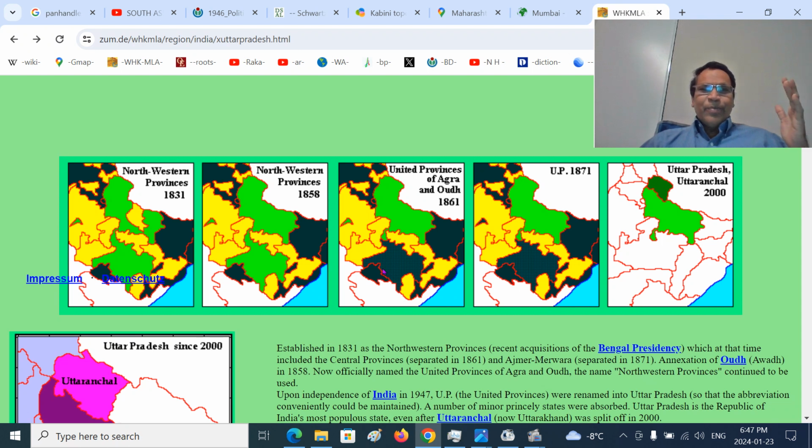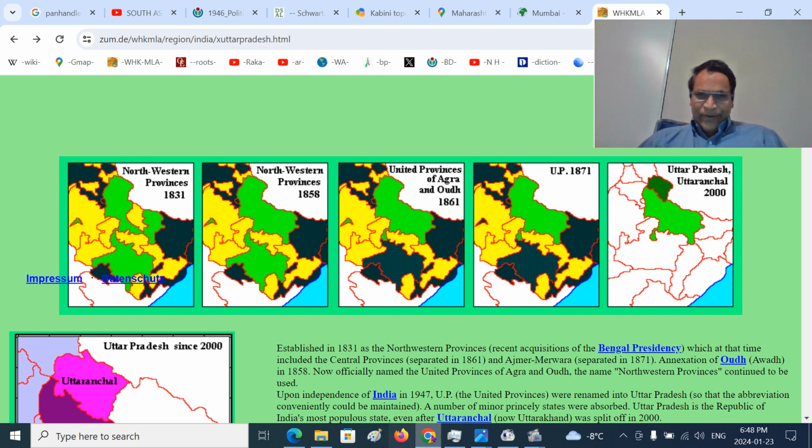The important point is, 2-3 years later, after the Sepoy Mutiny, it was broken into two. Northern part, the United Provinces of Agra and Oudh. Southern part is the Central Provinces and Berar. Still later, the term was dropped, Agra and Oudh. They called it UP after 10 years. So UP are United Provinces. Later, Uttaranchal was separated from it in 2000. So 1857 Sepoy Mutiny is very important. Before that, Northwestern Provinces, NWP, that is different from Northwest Frontier Province.